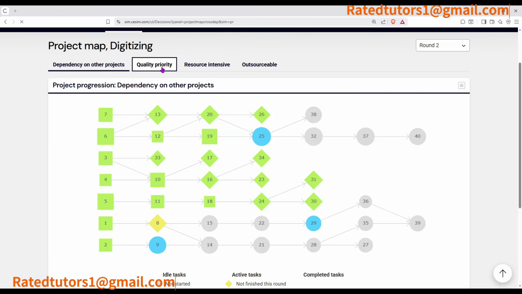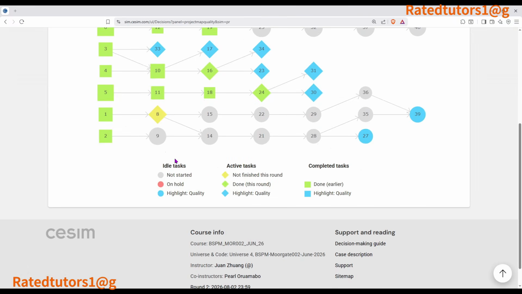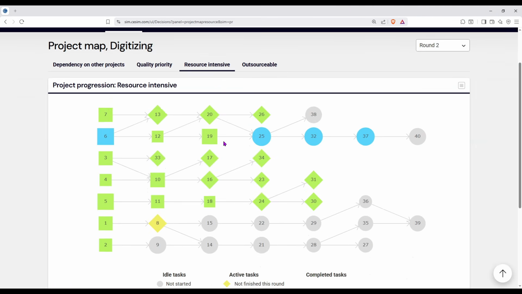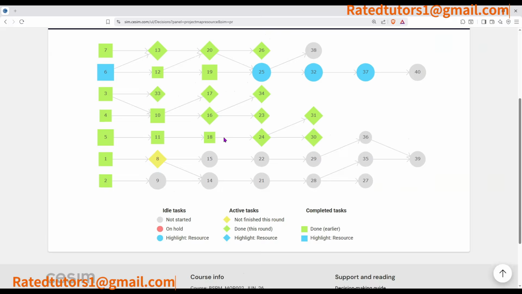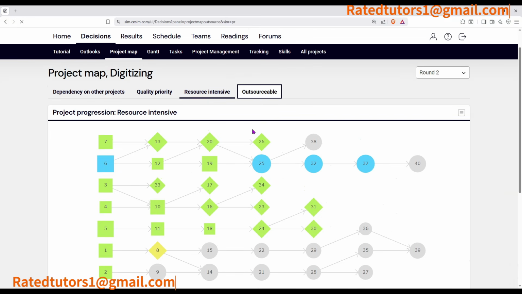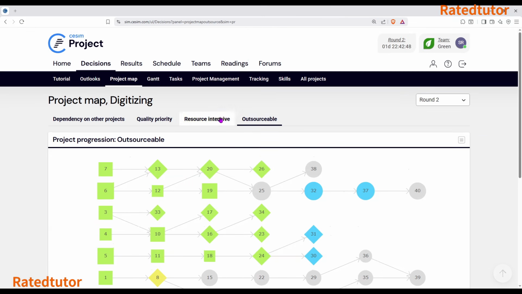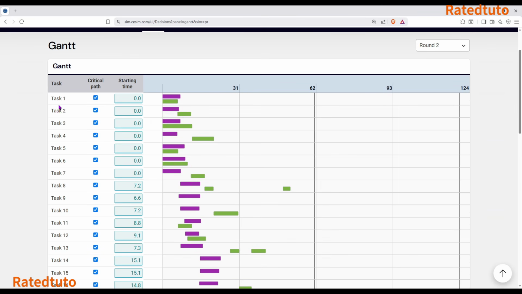Then we have the quality priority part, and another quality priority part simply shows us the project progression. And then we have the resource intensive, and lastly we have the outsourceable. So this simply means that these are projects that need to be outsourced so that we can finish them on time. So next one is the Gantt, and under the Gantt you have the tasks, critical path and starting time,